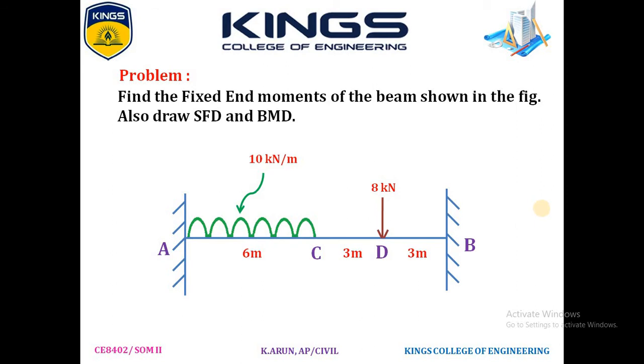On seeing this question, we can see like the point load is acting in a central manner, but it is not. If you remove the UDL, we can see that the point load is located at a distance of 9 meter from the left end and 3 meter from the right end. So the point load is acting in an eccentric manner. So now we are going to solve the problem.